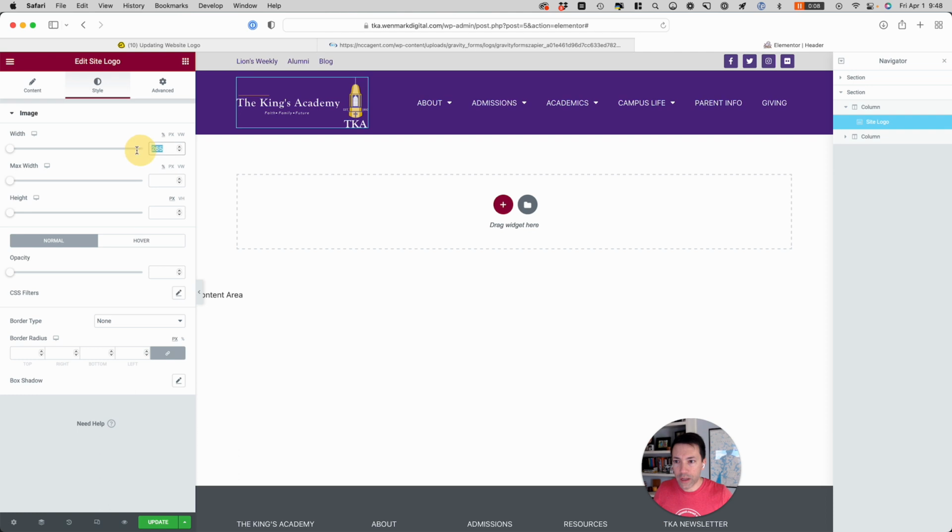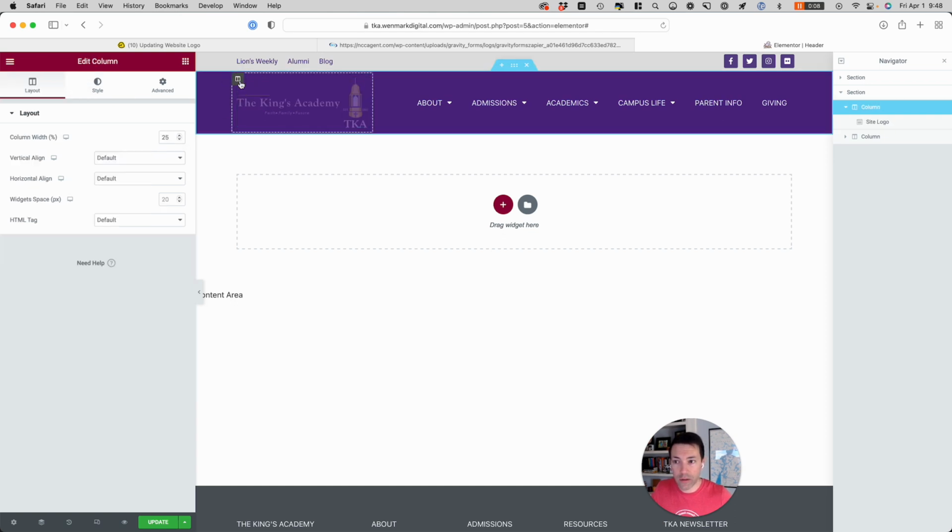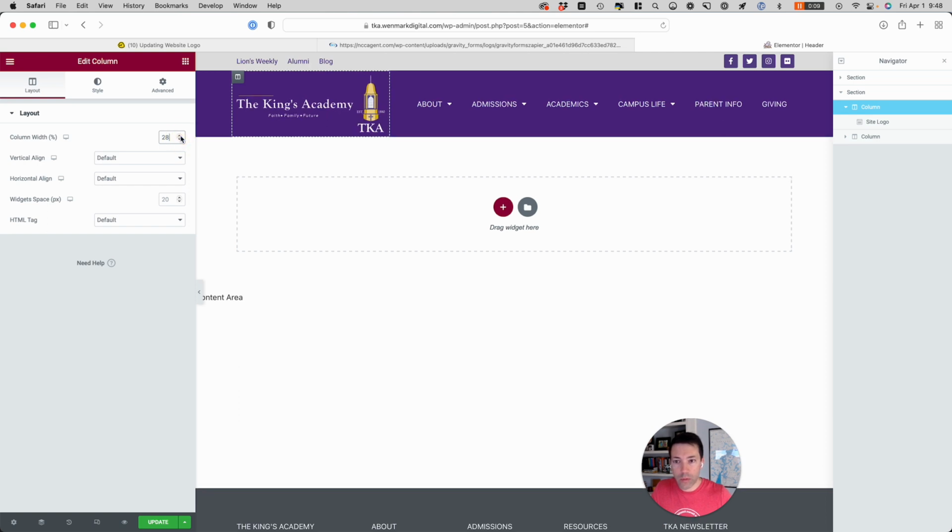And actually here, I'm just going to say 100%. We'll make it scale to whatever the size of that column is. So there it is right there. It's 100% the width of the column. Now that's still really small. So let's go in here and adjust this. So if we change it to about, maybe if we make it,